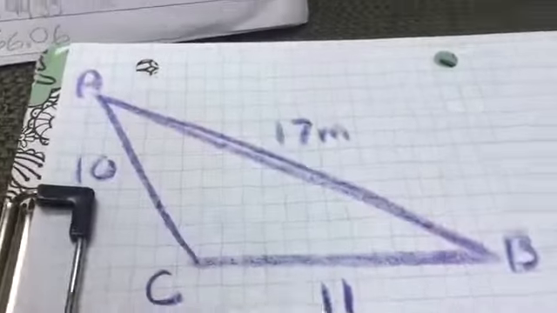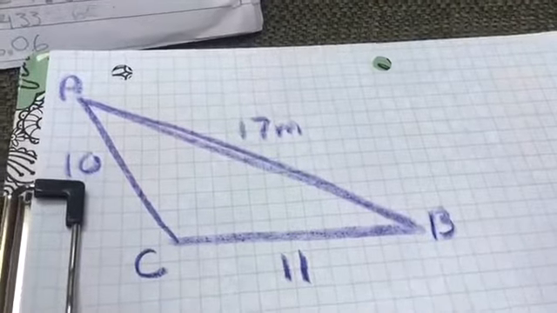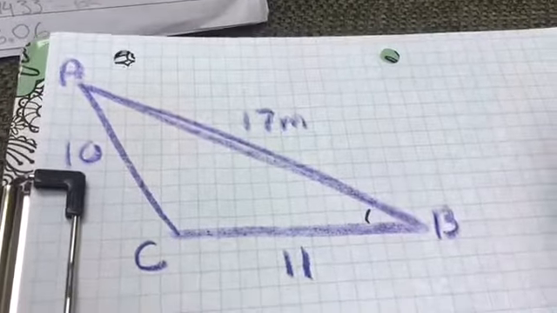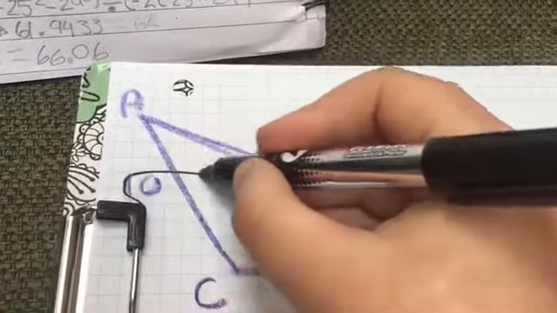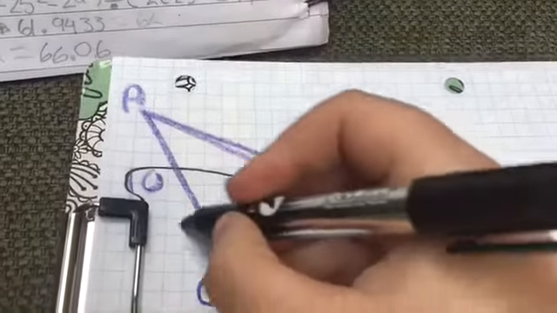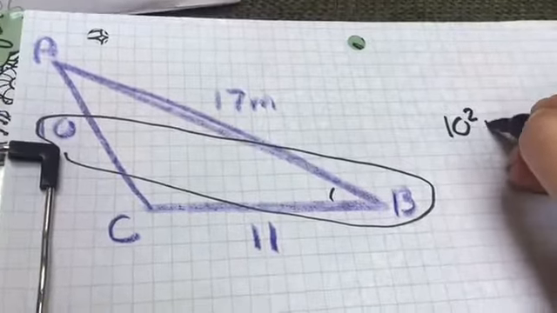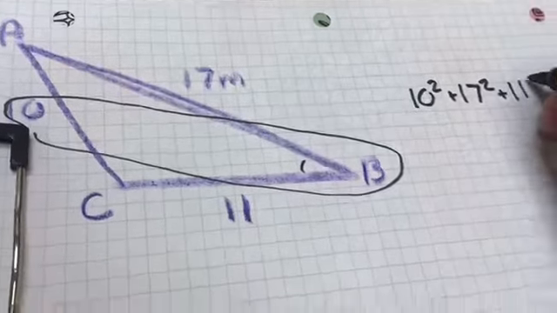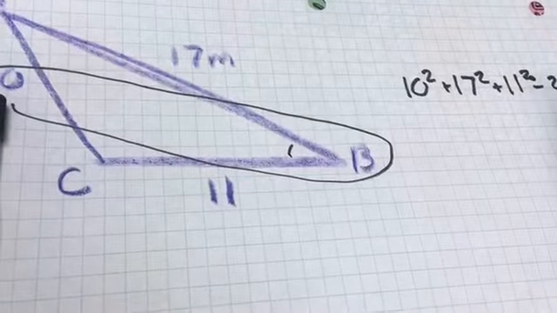So now we're going to use the cosine law again, but this time we don't have a given degree, so we're going to have to find one. The angle we want to find is this angle here, which is B. So you're going to do it similar to before, but you're going to find the side across from the angle you want to find, which would be 10. So you would do 10 squared equals 17 squared plus 11 squared, and then minus 2, 11,